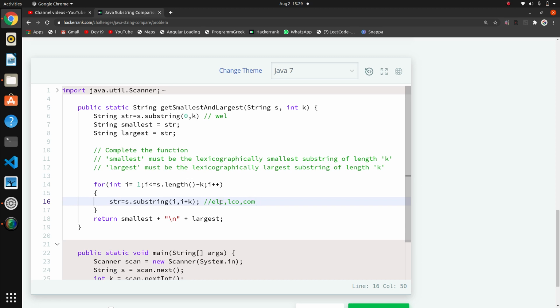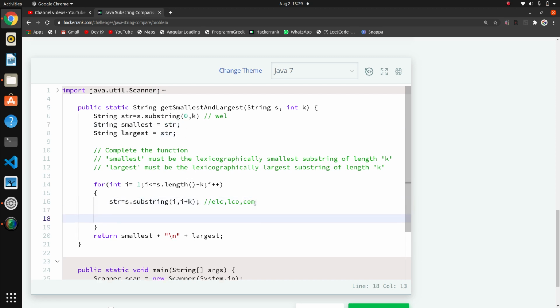Now we are getting the substrings. We have to compare this substring with the smallest and largest, and if it is smaller than the str that we set here, then we have to change it. So we write if str dot compareTo, this is the compareTo method for comparing.